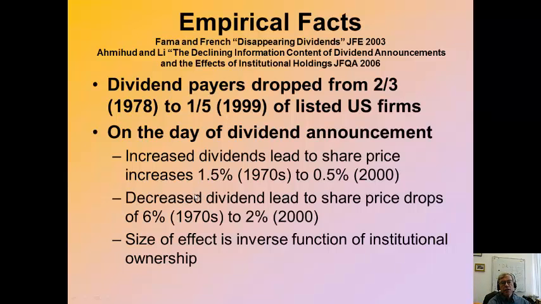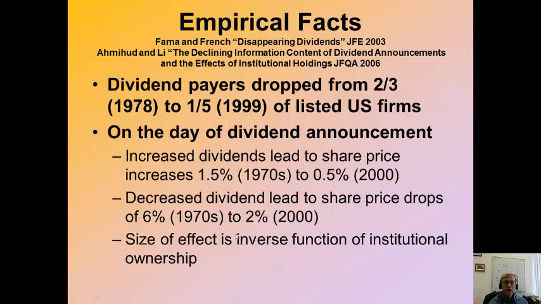Amihud and Lee, in their 2006 paper in the Journal of Finance and Quantitative Analysis, suggest a reason for the disappearing dividends. On the day of dividend announcement, increased dividends used to lead to higher share price increases in the past than they do now. They document that increased dividend announcements led to average share price increases of 1.5% on the day in the 1970s, but only 0.5% in 2000. They show that announcement of decreased dividends led to share price drops of 6% in the 1970s and yet only